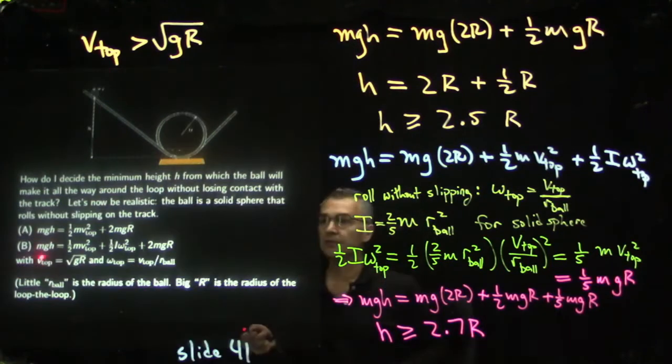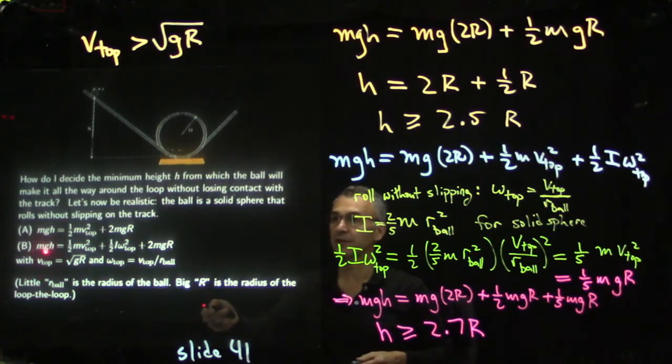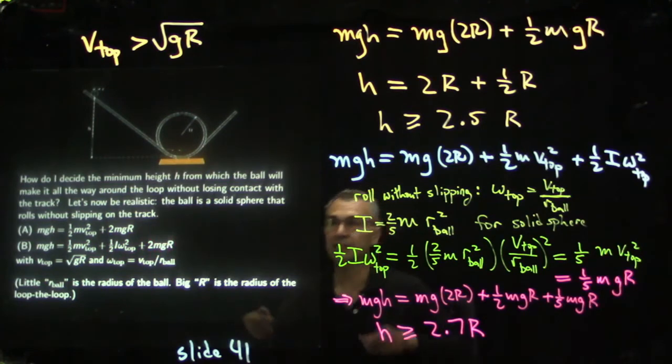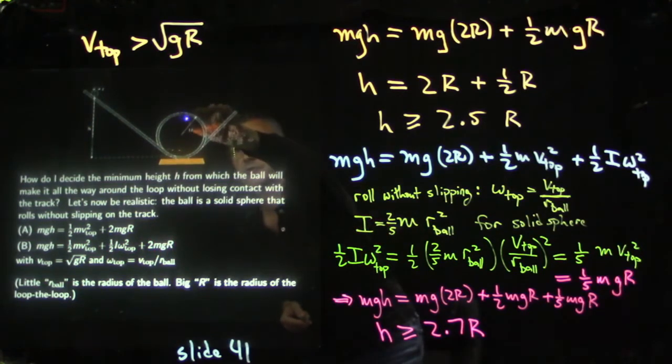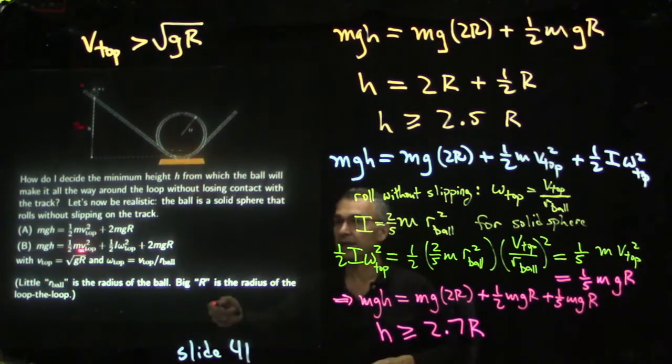credit level tricky. So this slide, slide 41, sums up the argument that we just made at the bottom here, which got us from 2.5 r to 2.7 r. So we start out with mgh, and we turned it into 1/2 m v top squared plus 1/2 I omega top squared plus 2 mgr. This is 2 mgr because we have to make it to 2r above the bottom, and